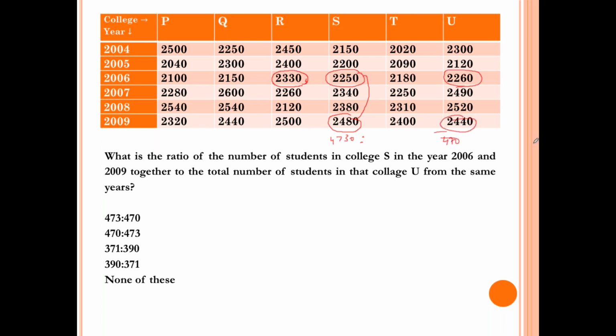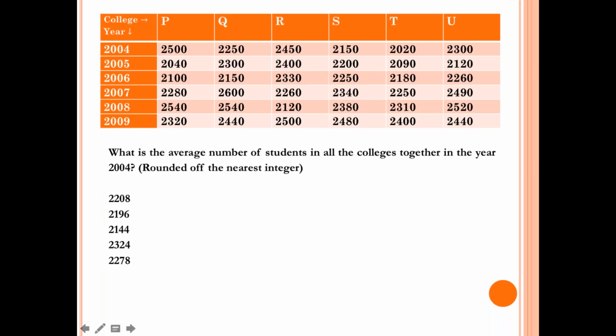It's very easy. And let me go back to the last question as somebody asked. See, the average number of students in all colleges in 2004. We have to find the average of all for 2004. So we will eliminate the 2000. We have 500 plus 250 and this is 700, so 1200. So 1200 and 300 is 1500. 1650 and 1670. This is how we do it. Divide by 6, we get the answer. When we approximate, it is 1670 by 6. This is what we have to calculate.